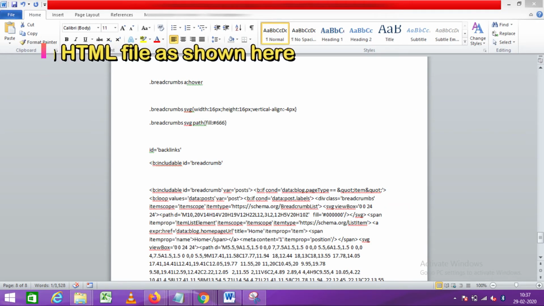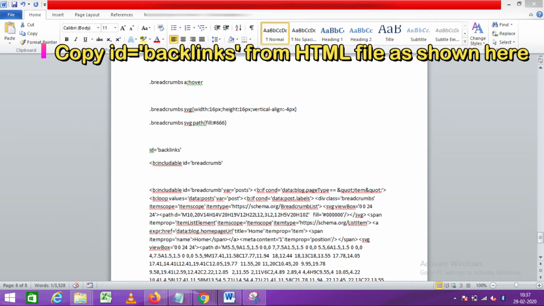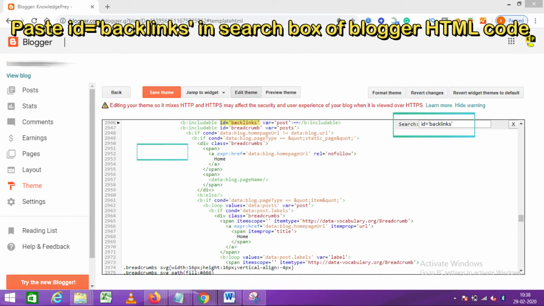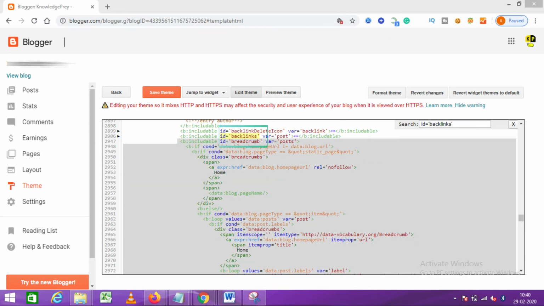Now coming back to our HTML file, copy ID backlinks as shown here and paste it in the search box of Blogger's HTML code. Now here you can see ID backlinks is highlighted and below that we can see ID breadcrumbs in the HTML code.